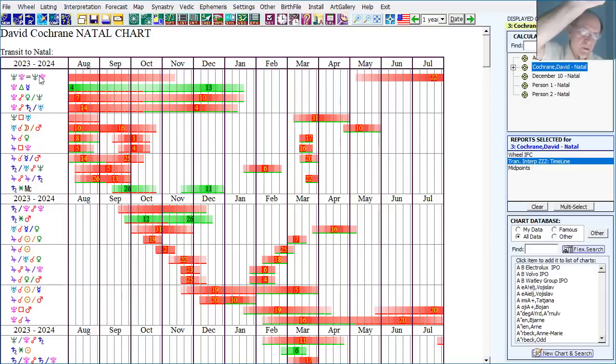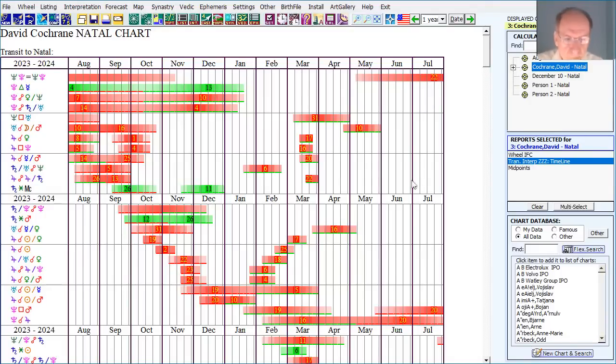I was born. Now, I was born a long time ago, so Neptune and Pluto move slowly. That seems maybe a little odd, that the distance is the same as when I was born. And I want to show you something interesting about this. It becomes exact in mid to late July. Here, I went back to the previous thing and I saw it didn't become exact. Becomes exact in mid to late July.